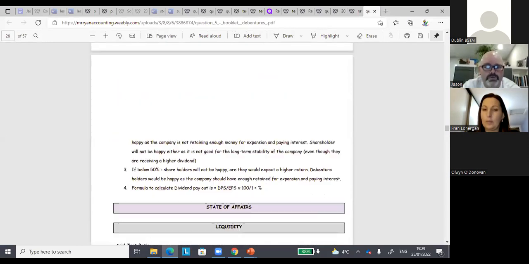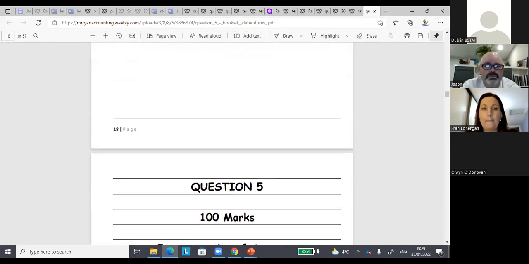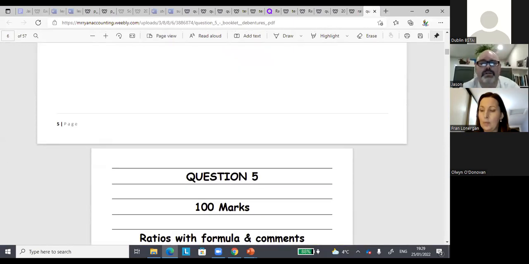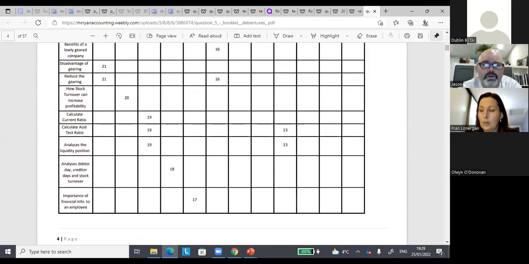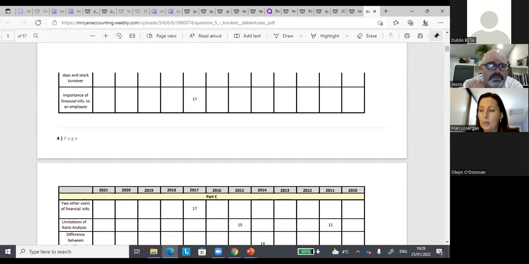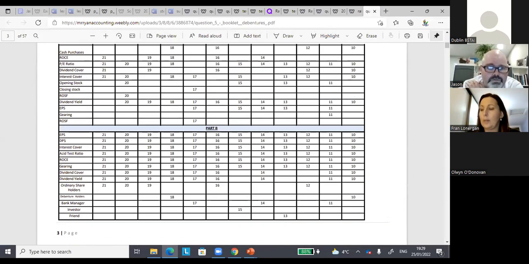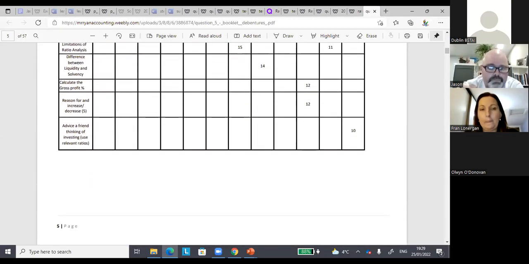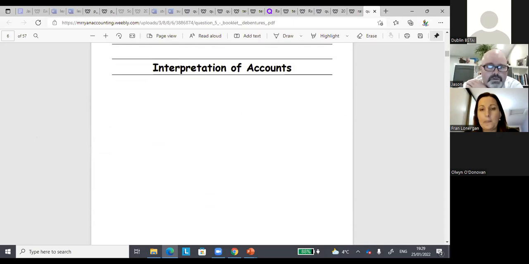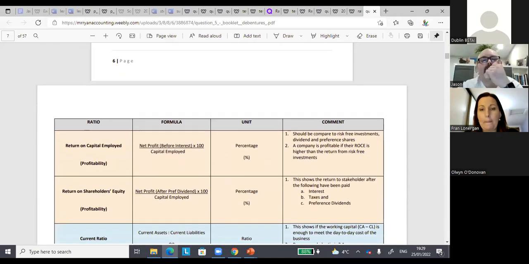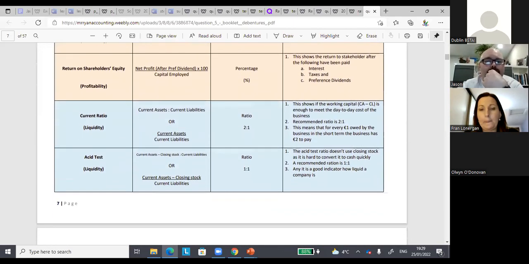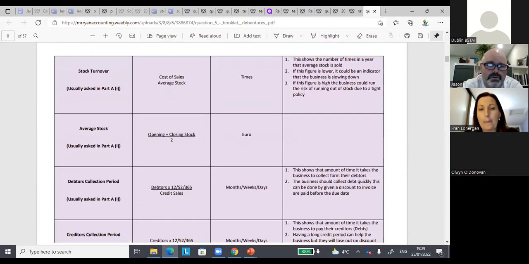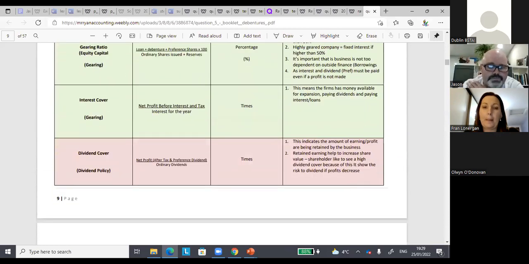Hopefully I put the correct one up here. Yeah, so the booklet will have all that information that I've shared with you today. So they'll have the analysis of question 5 for part A, part B, and part C. I would have given them the formulae and the comments, so they have that themselves where they can cut up, or they've got something to look back to if they forget what the formula is.